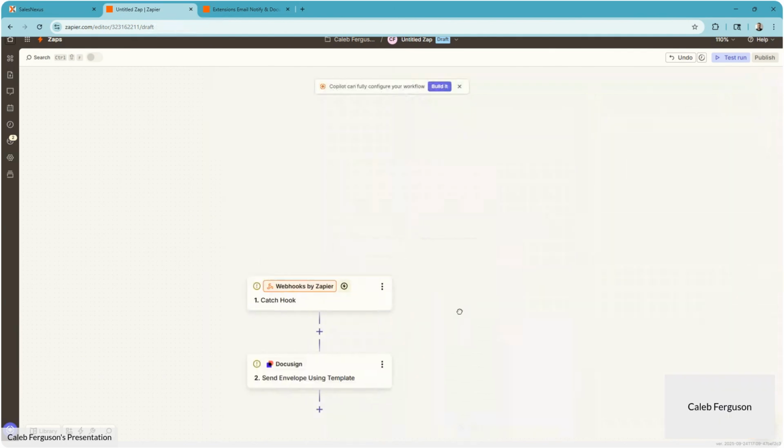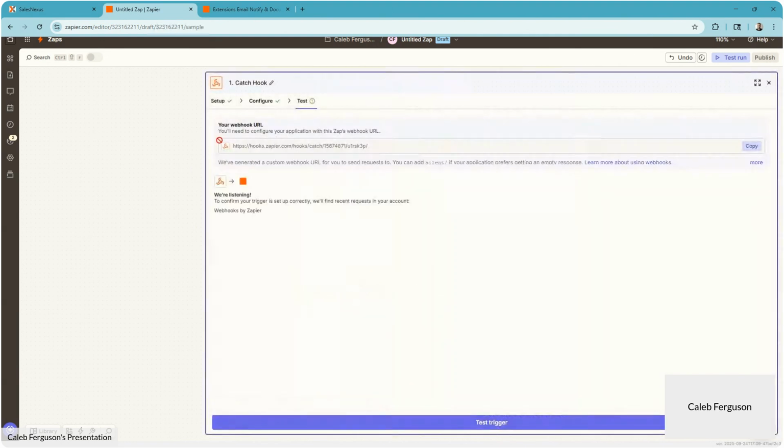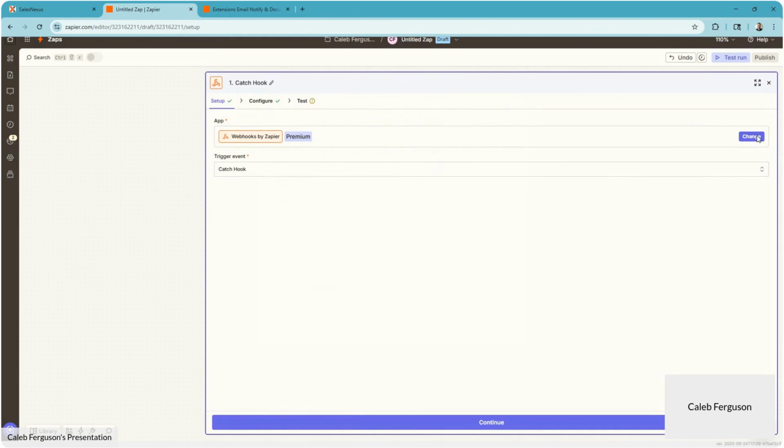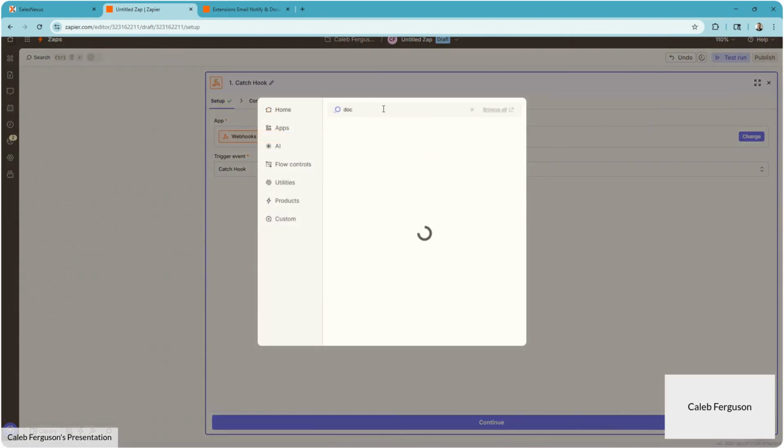And so that's just a simple one-two. When I catch the hook, it's going to send that one DocuSign with that field information. If it was the other way around, now I'm waiting for that DocuSign to be sent. We would be setting up a Zap where the trigger is actually DocuSign. So I'm going to make this trigger DocuSign,